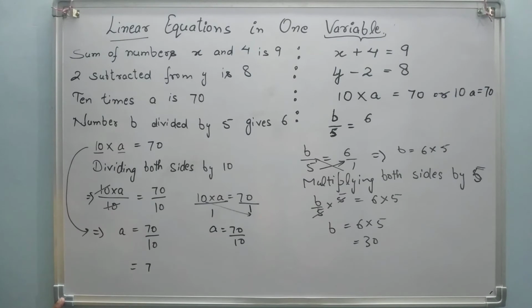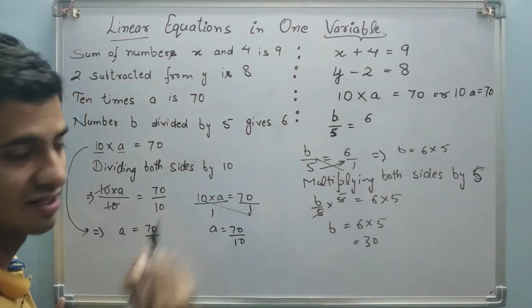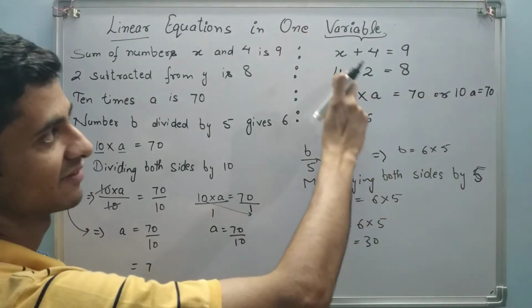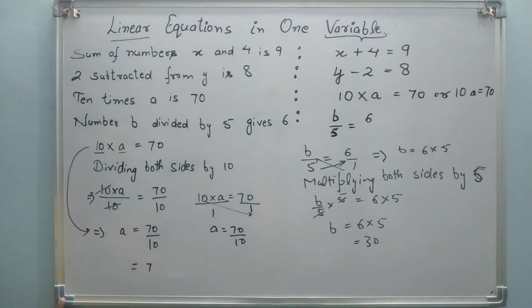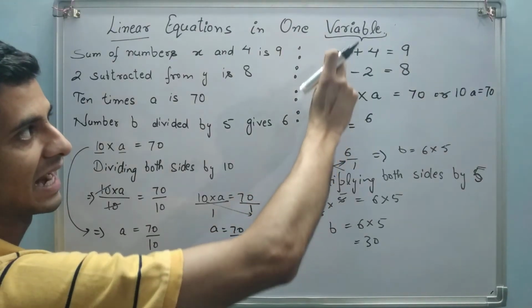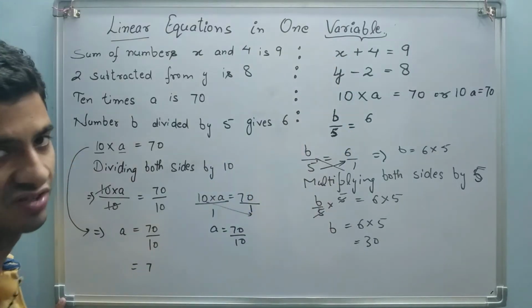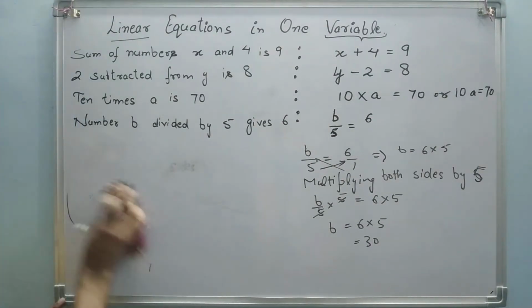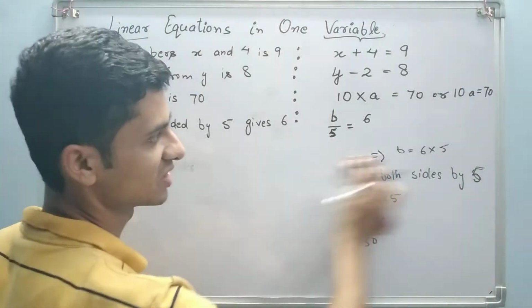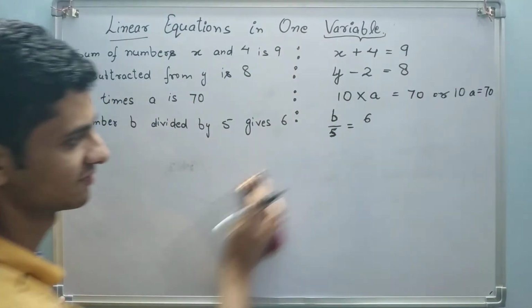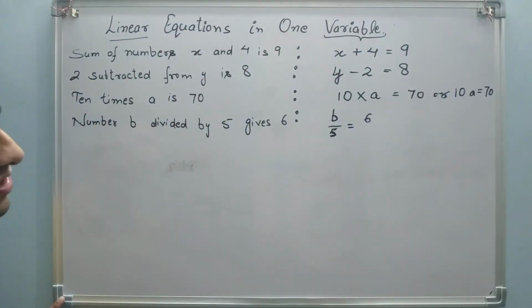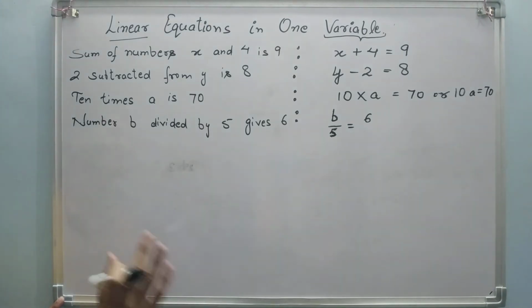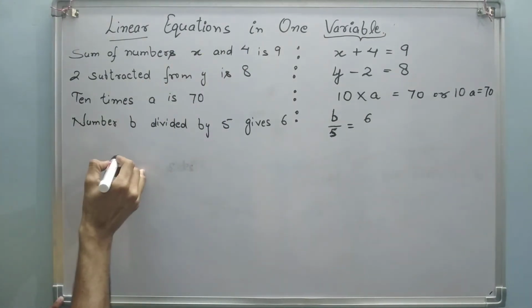So in linear equations, the power of the variable is 1. Only one variable is involved, and we have solved it: addition, subtraction, multiplication, and division. Now let us have one question with a combination of two. All these types of equations we have solved in class 7. So this is just a revision of that concept and your first exercise of this chapter.